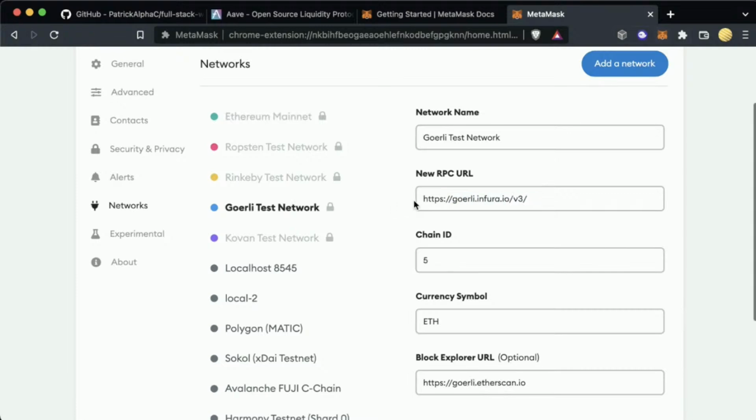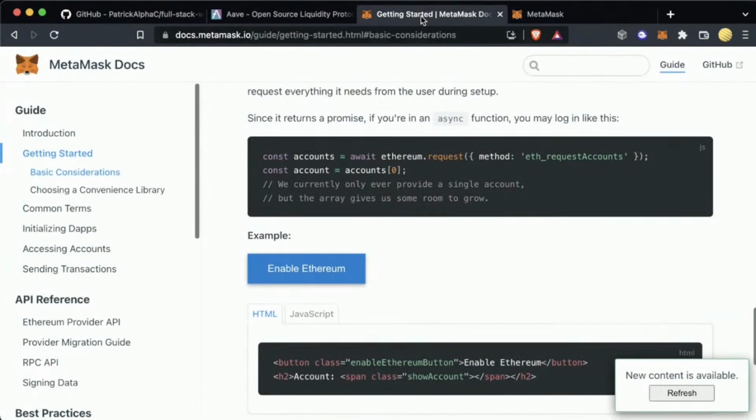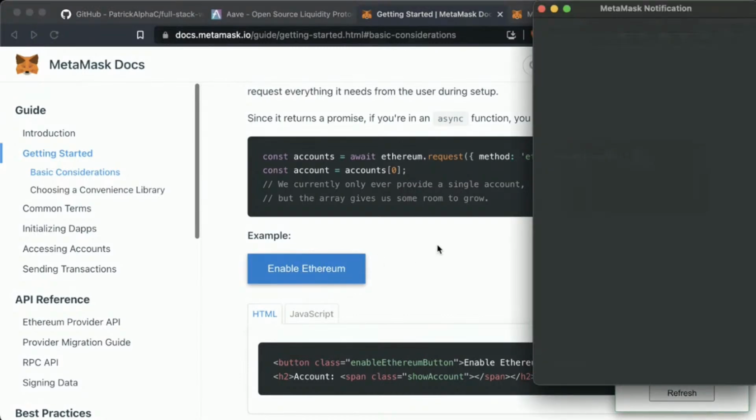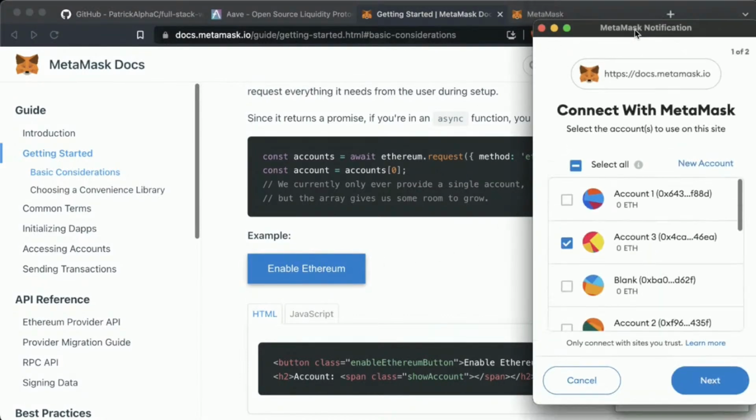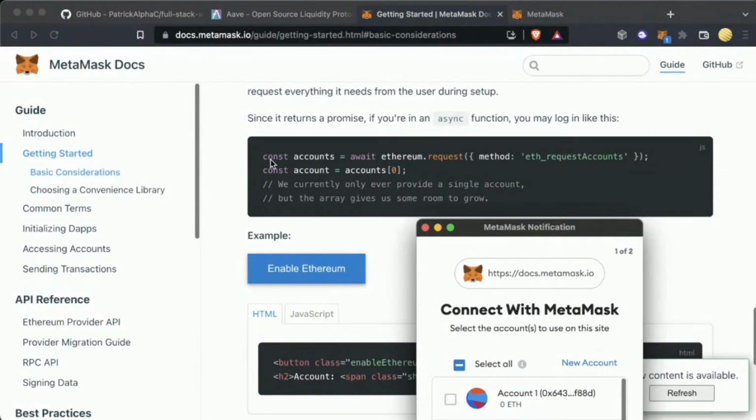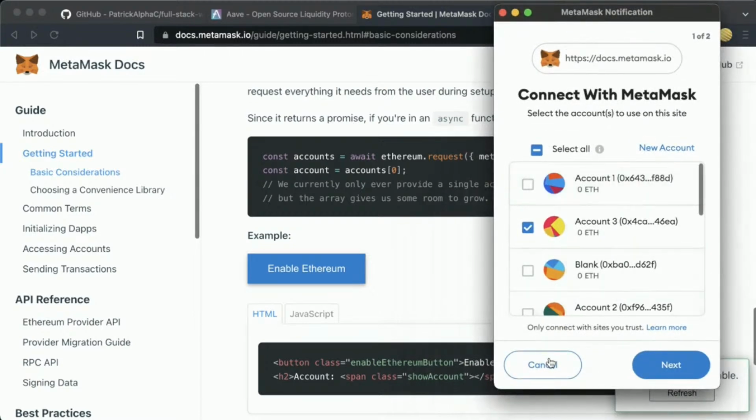Now, there are more ways than just connecting to MetaMask, and we'll go over that as well. But this is essentially the secret sauce. This is what's going on. When we hit enable Ethereum, we're calling this accounts equals await ethereum.request, const account equals accounts[0], and MetaMask pops up, and we connect. And once we do that, we can send transactions to each account for whoever owns the MetaMask to approve.